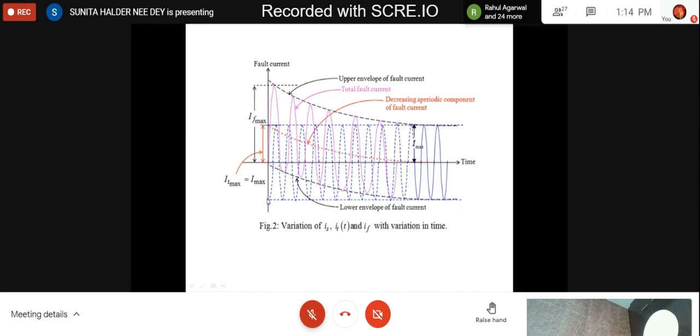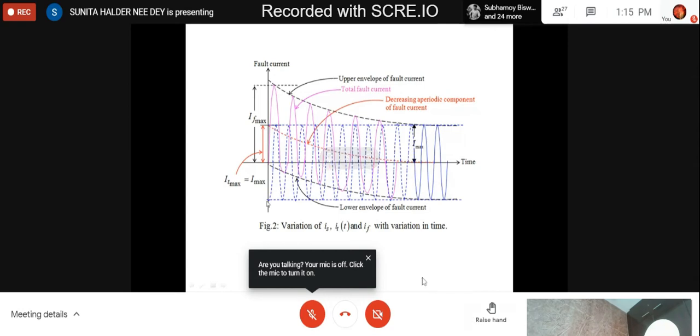Say at t equal to 0, what is happening? I have shown the sinusoidal steady state component by dotted line for the duration for which the transient component is existing. Why? Because when the transient component is existing, at that time the steady state component is there. But when we are seeing a fault current, you cannot see the transient component and steady state component separately. You always see the total current that I have shown by purple color only. That's why I have shown the component currents as the dotted ones.